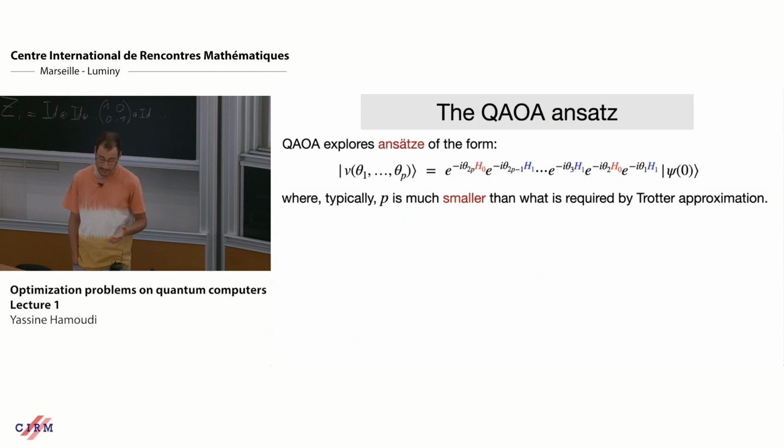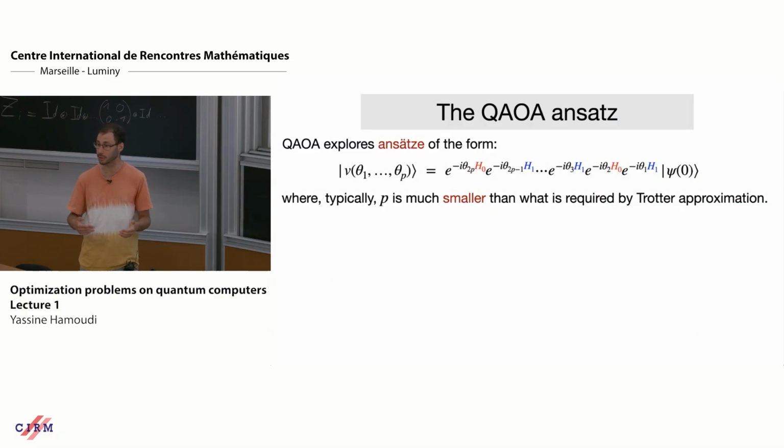So the QAOA ansatz is just taking the same kind of state, but now it will try to guess what are the angles. So we kind of do the opposite. Now the angles and the number of angles is going to be chosen by the classical optimizer, and the quantum algorithm will evaluate the ansatz and return the energy. And the hope is that there exists a sequence of angles and depths which could be more efficient than just using the adiabatic algorithm. So maybe there is a way of compressing the evolution in some sense, kind of finding shortcuts in the evolution